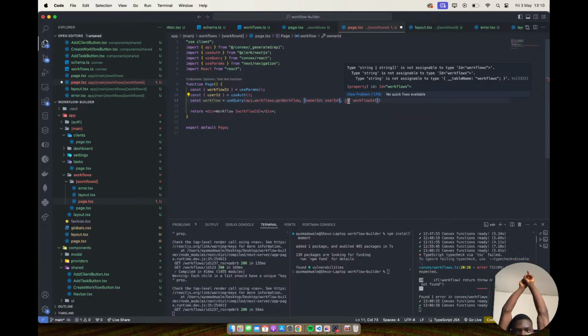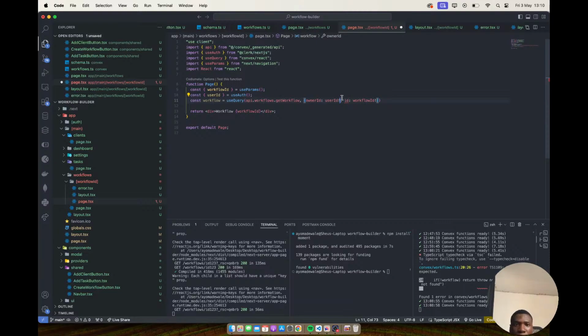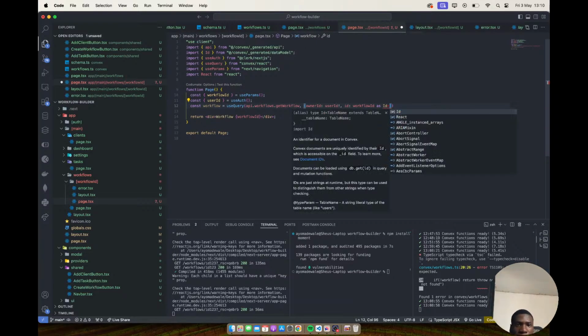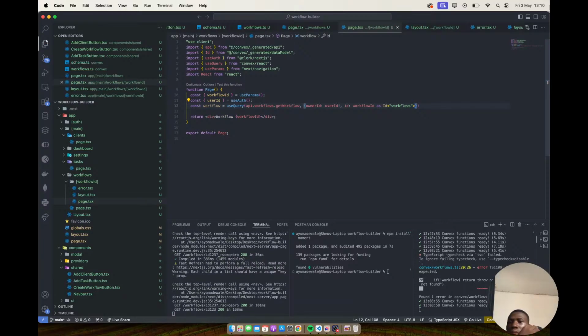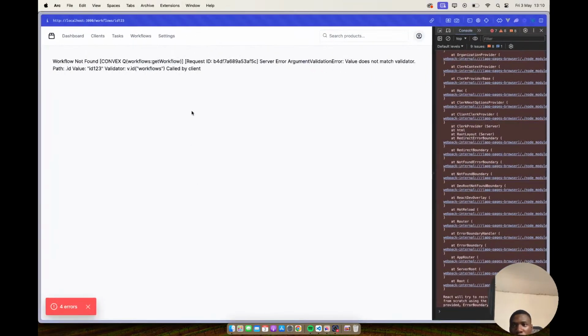Yeah, that's where the problem comes in. So as ID workflows. Okay, so